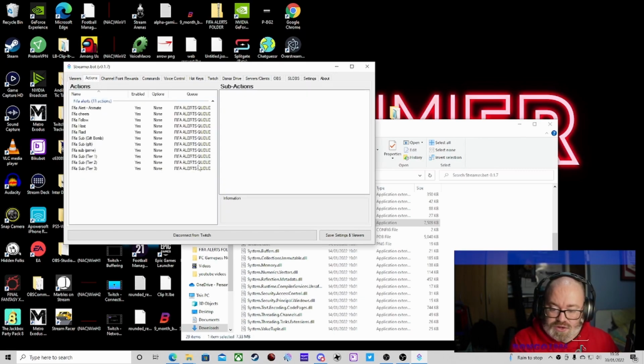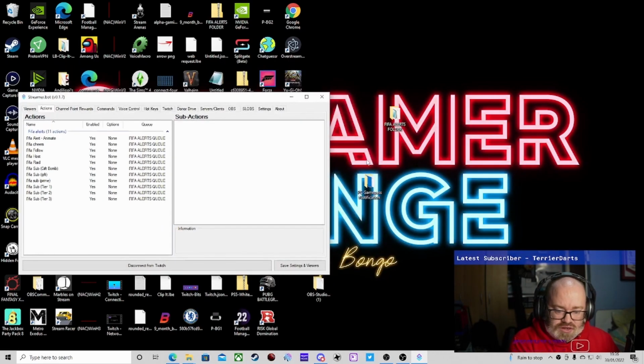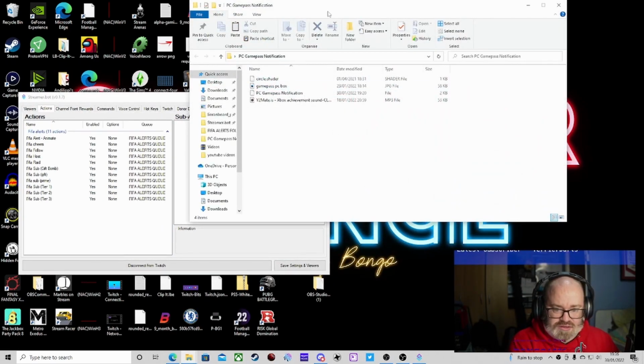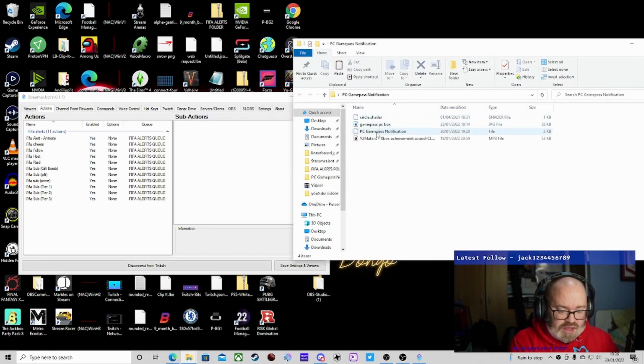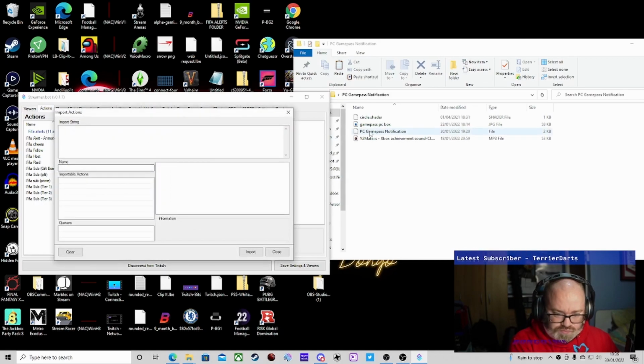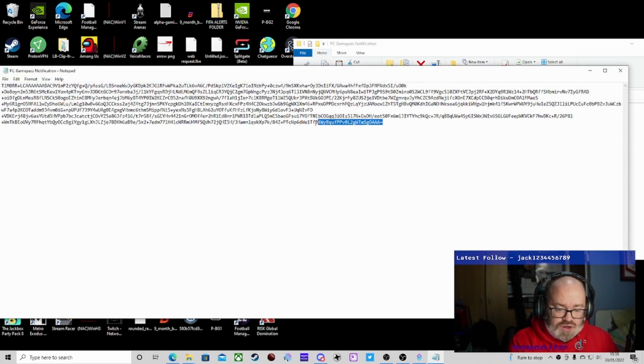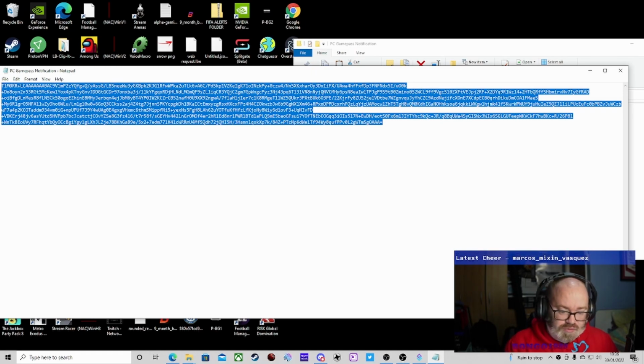And then we're going to go into Actions. Inside the folder, there is the Game Pass notification SB file. What we're going to do is right click on your action section and import. When we import it, we're just going to double click on this one, open this in Notepad or whatever, and then literally highlight it all, make sure you haven't got a space at the end. Control C,